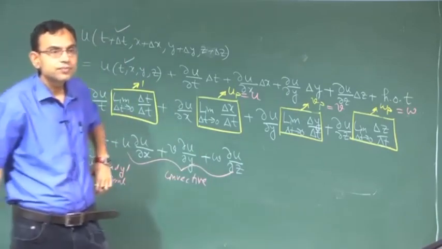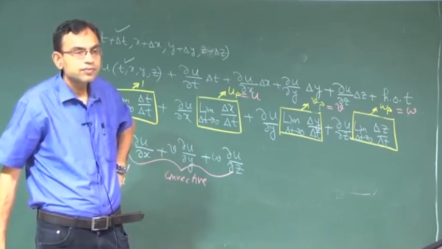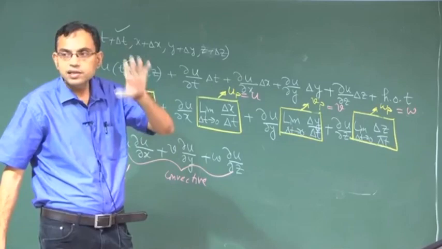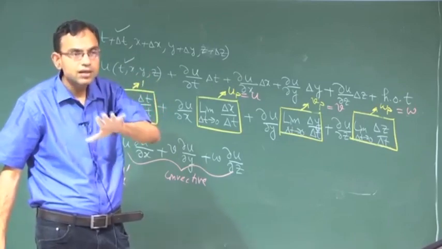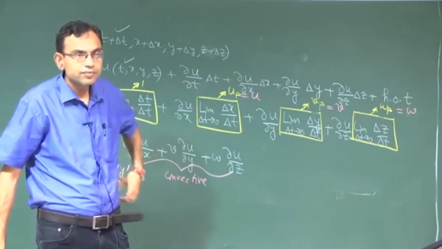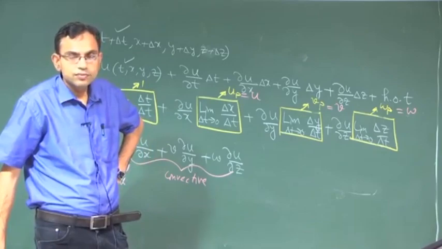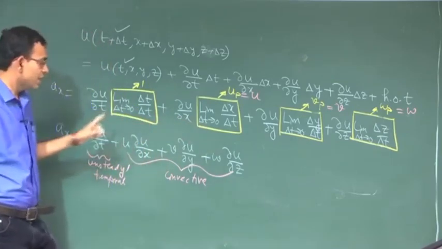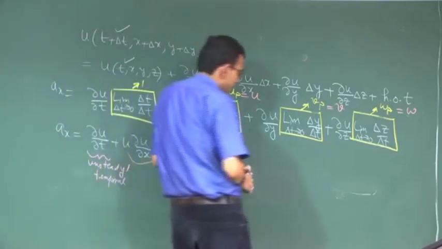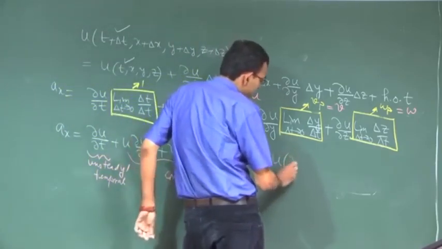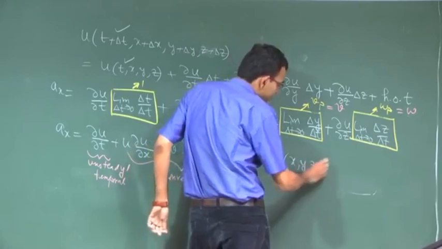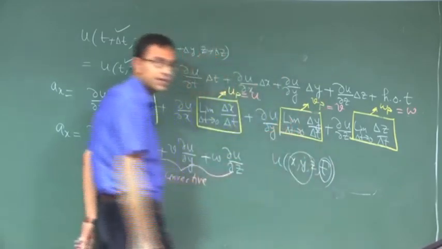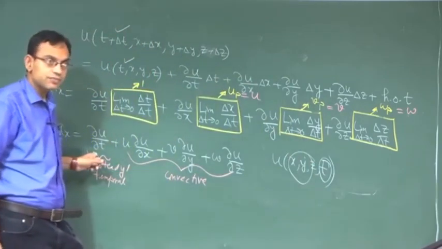Yes. Sir, it is having description of both time variation and space variation. Then whether it can be considered as a Eulerian approach or convergent? No, this is a Eulerian approach, because in the Eulerian approach the velocity is a function of position and time. So, both time dependence and position dependence come into the picture here.